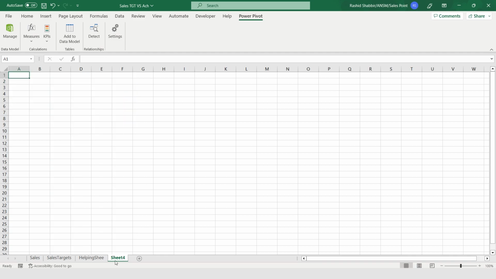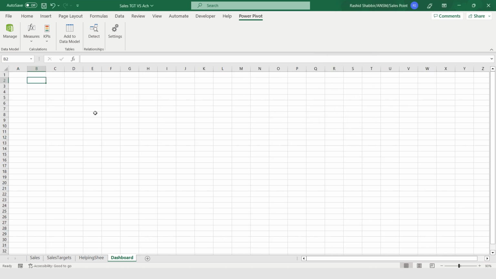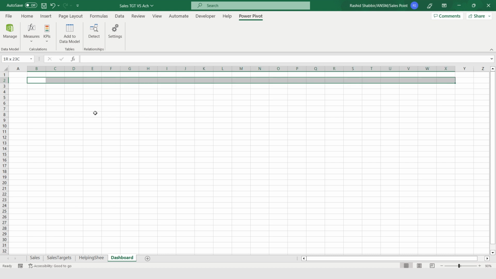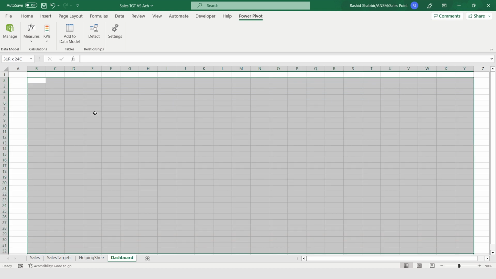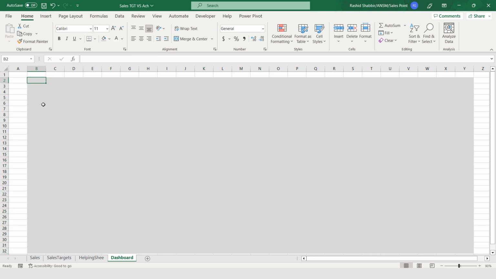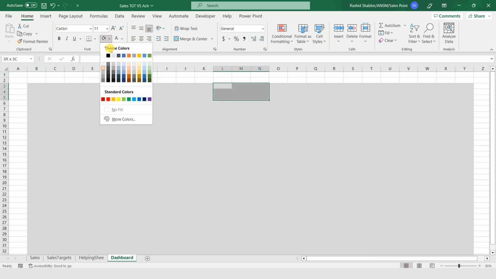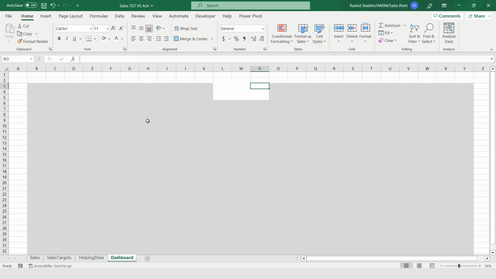So I'm adding a new sheet, named dashboard. Select this area, changing the background color to white.